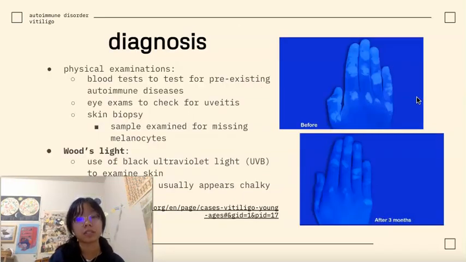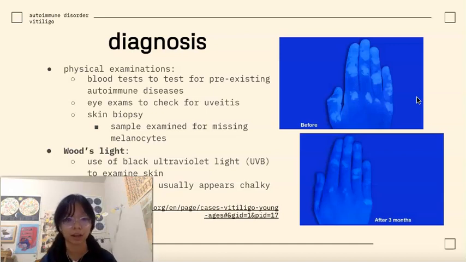So to diagnose vitiligo, your physician can order some physical examinations. One, you could get a blood test done to test for pre-existing autoimmune disease, since as established earlier, if you have a pre-existing disease, it is more likely for you to develop vitiligo. You could also undergo an eye exam to check for uveitis, that swelling of the eye I mentioned previously, or even a skin biopsy